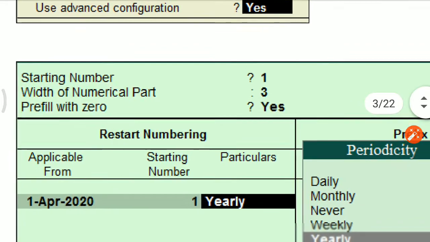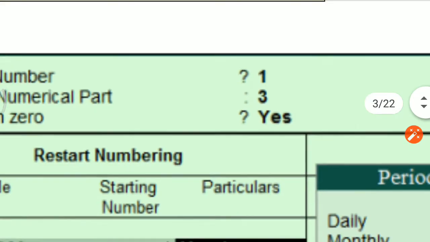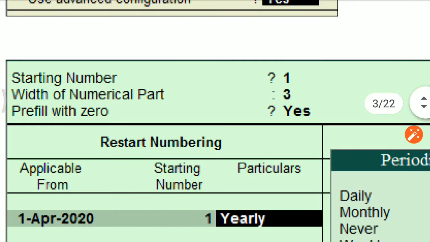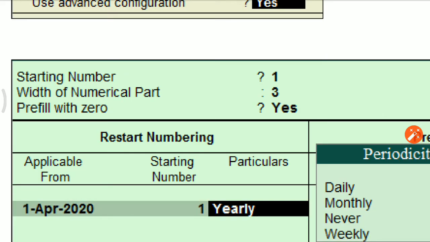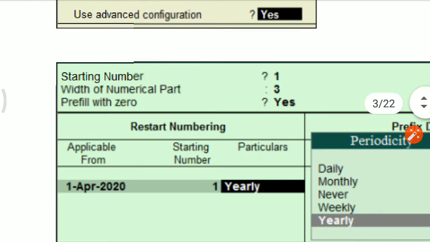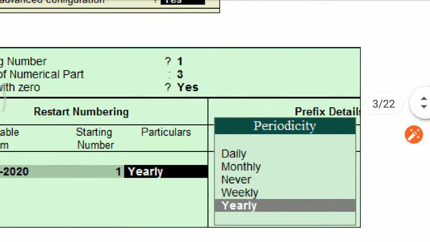For example, your starting number is 1 and the width of the number part is 3 digits, that is 999. Prefill with 0. If you say yes, it means the first voucher number will be 001, the second voucher is 002, the third voucher is 003. Okay, width is 3 and prefill with 0. Yes. Okay. Restart numbering yearly, correct.